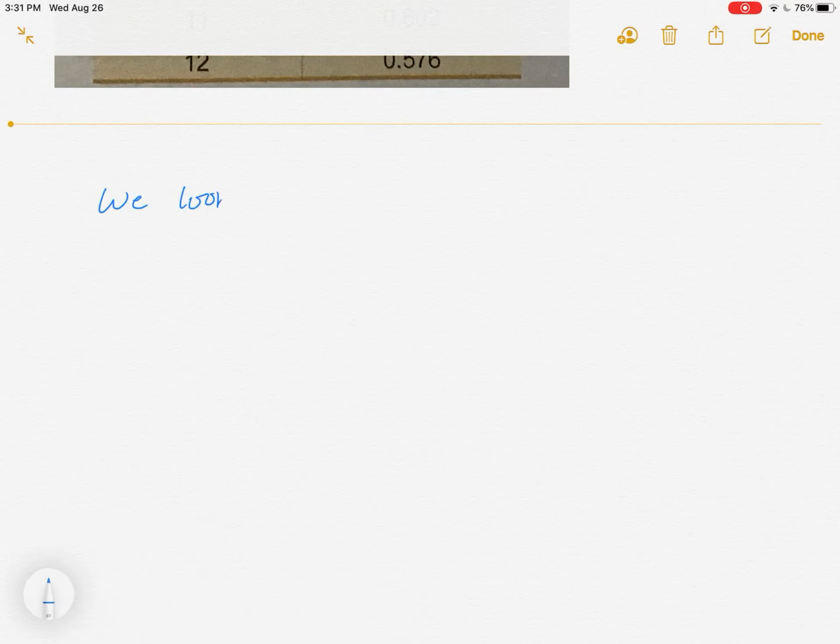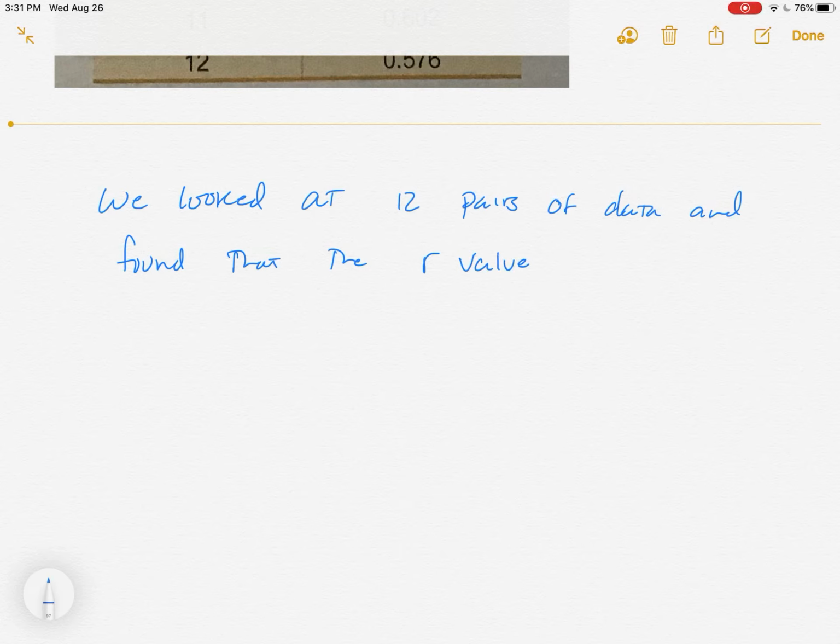We looked at 12 pairs of data and found that the R value, as they call it, sorry, I drew a blank on that, the R value is 0.612. And let me make it negative, just for emphasis. Do we have linear correlation